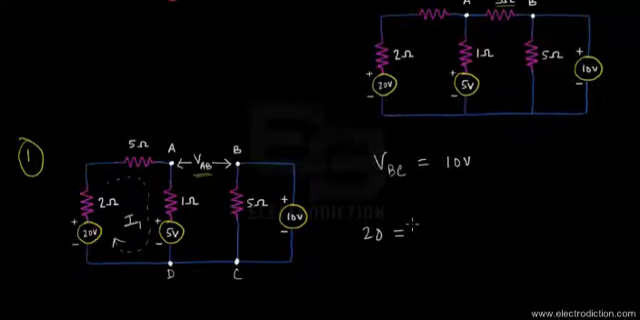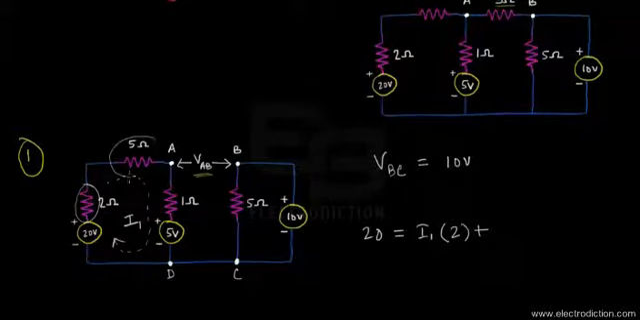So 20 equals I1 multiplied by the voltage drop across this 2 ohms resistor right over here. So we're going to get I1 multiplied by 2 ohms, plus I1 would also flow through this 5 ohms resistor as well. So I1 again multiplied with 5 ohms, and then it also goes through this 1 ohm resistor,